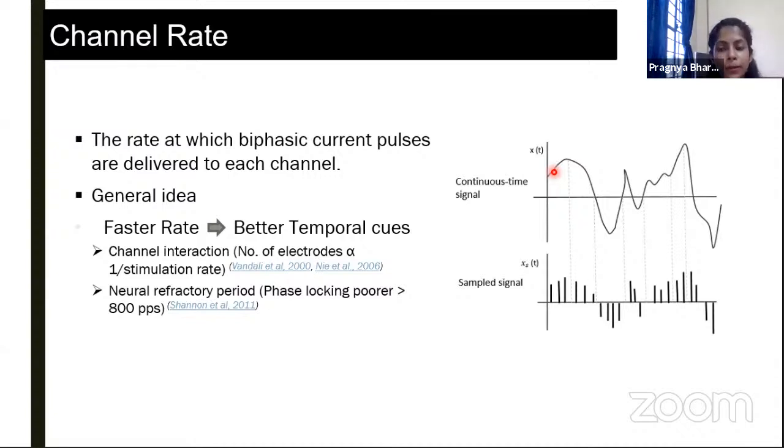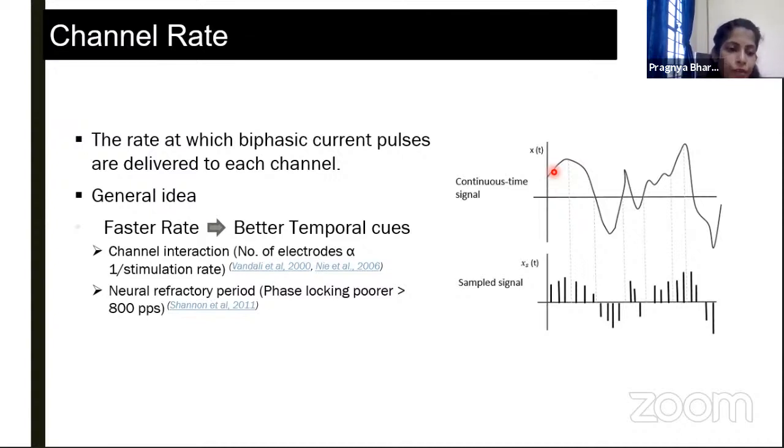Even when we use sequential mode of stimulation, if we are using a very fast rate, it may so happen that before the current in the stimulated electrode gets dissipated, the next electrode may get stimulated, and that may cause distorted perception. There are studies where they have seen that speech perception definitely increases with increase in rate, but it also depends on the number of active electrodes or number of electrodes used for stimulation. If the number of electrodes used for stimulation is very high, we have to use a lower rate of stimulation